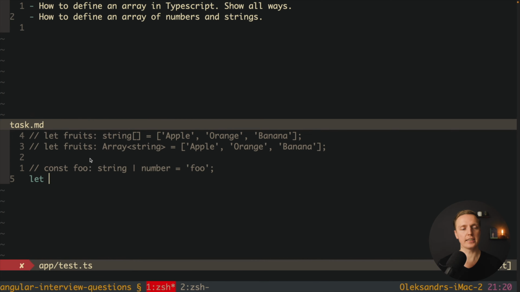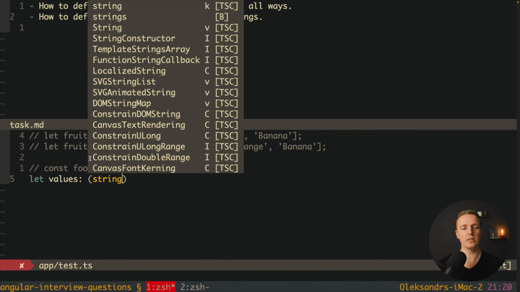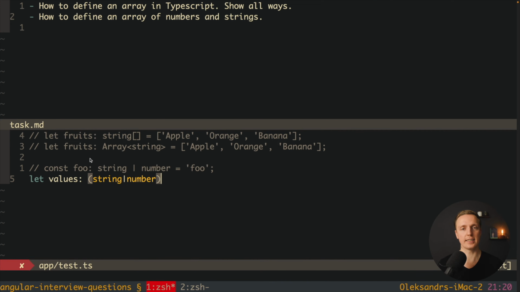So here let's create an array of our values, and here we can define that we have a string or number, just like it is inside Array of T, which actually means this is what we're getting inside the array. And here we're defining with brackets that this type is an array. Now here we can create our array and write here, for example, apple, then 2, then maybe orange, and 3. And as you can see, we don't have any errors because it is possible to have string and number inside an array.